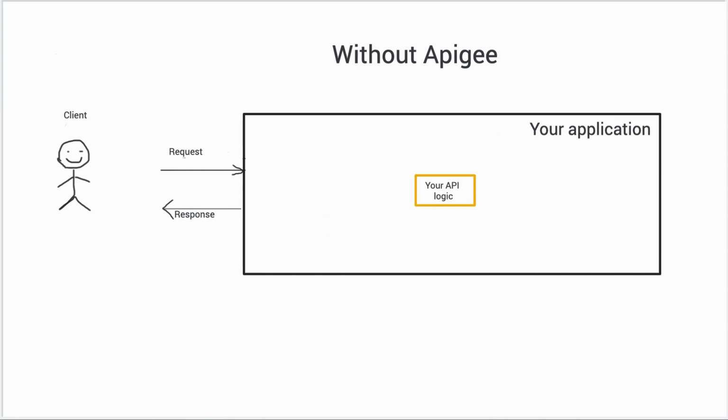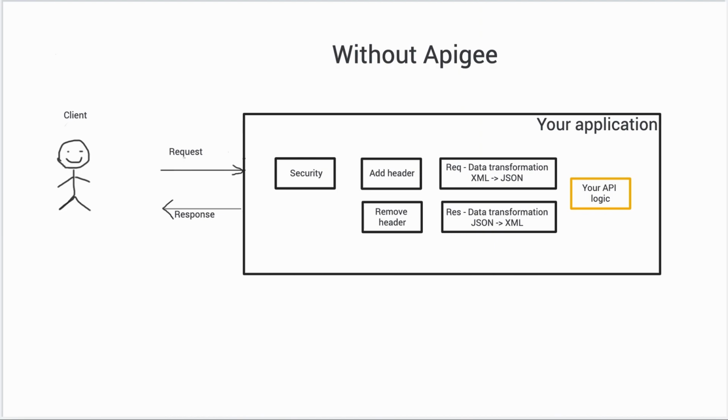So think about one of the scenarios like this. Over here, we are getting a request from a client and we want to first authenticate that client. So we have a security module, and once that security is passed, then we have to add a header. So just assume that this header is required by our API logic. So this is one of the processes that we do, and once that is done, and just one more assumption